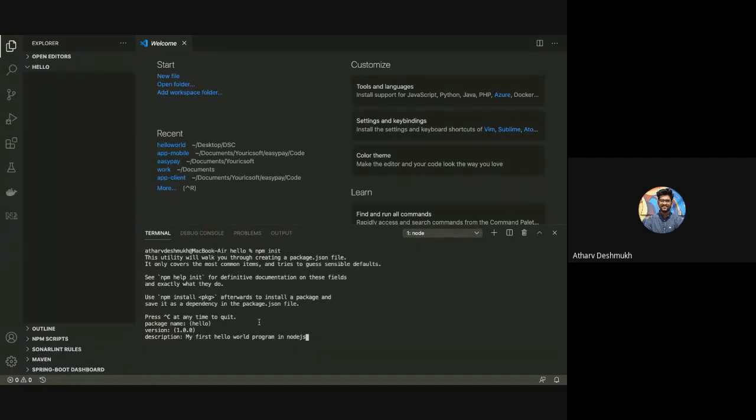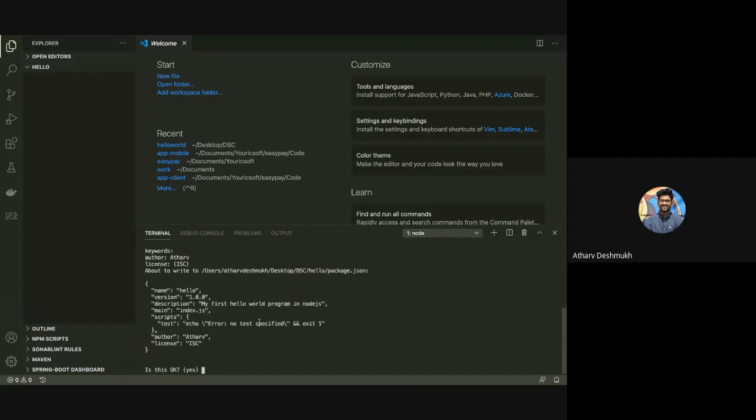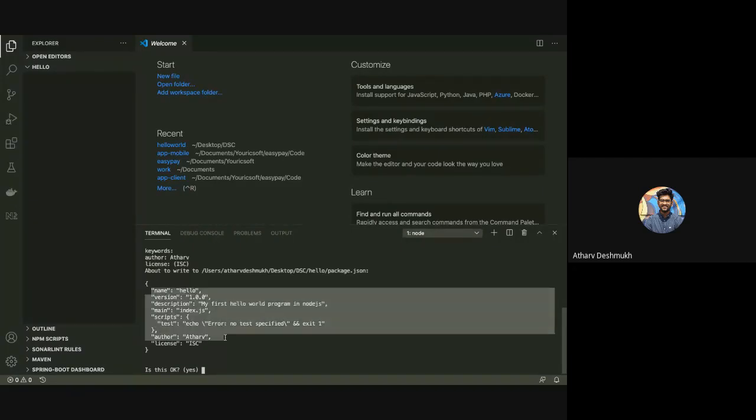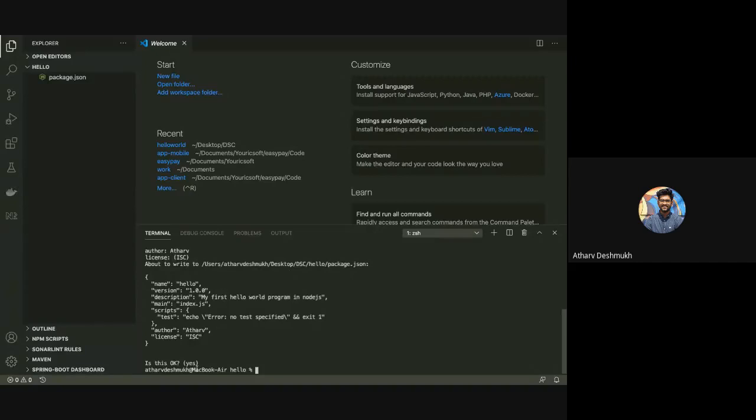Then I will hit enter. Entry point index.js, fine. Test command is not there. Enter keywords. I don't need the author, you can give your name. And see, now it is saying this is all the configuration you have done. Is this okay? Yes. Continue.